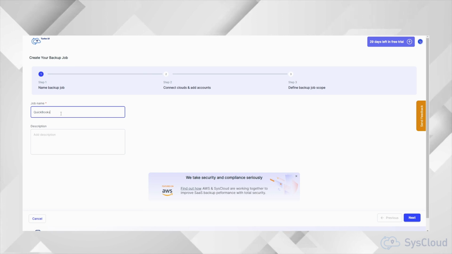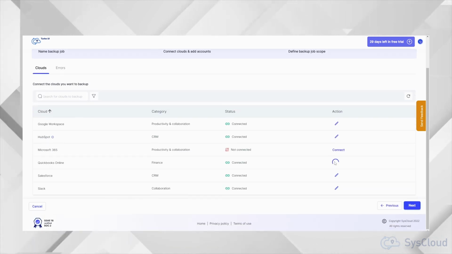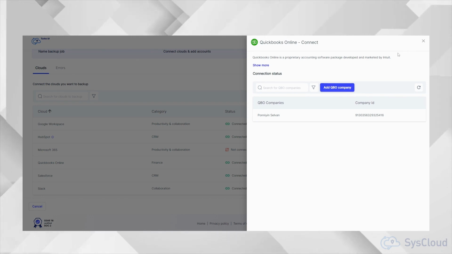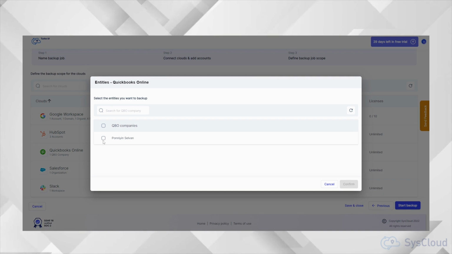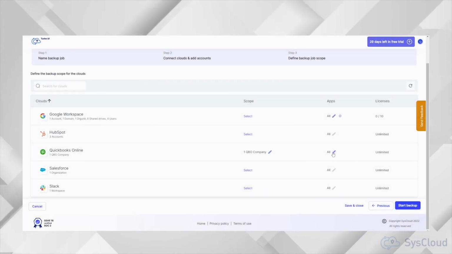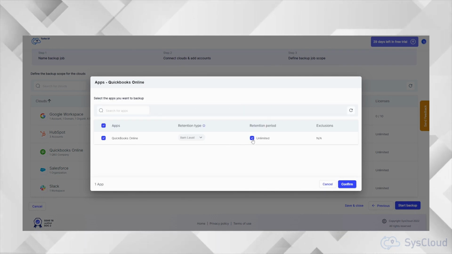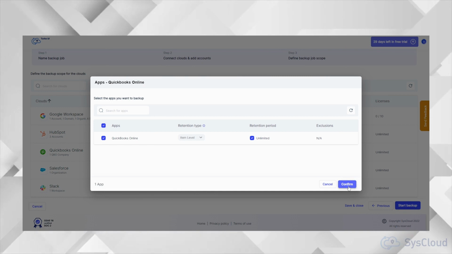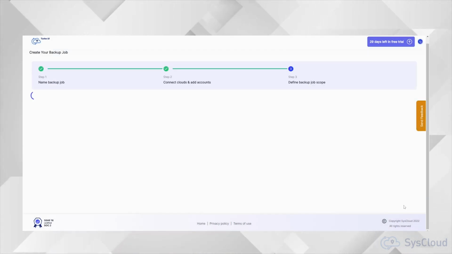Setting up QuickBooks Online Backup using SysCloud is very simple. You can securely connect your QuickBooks Online account, select the companies to be included in the backup, and define the retention period for your backup archives by creating a backup job. Once set up, the backup runs automatically every day. We also have an on-demand backup option in case you want to instantly run an incremental backup for a specific